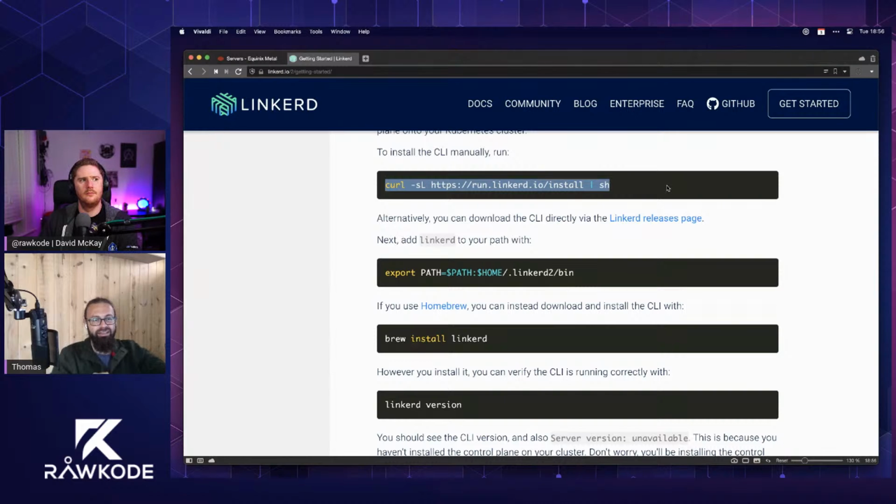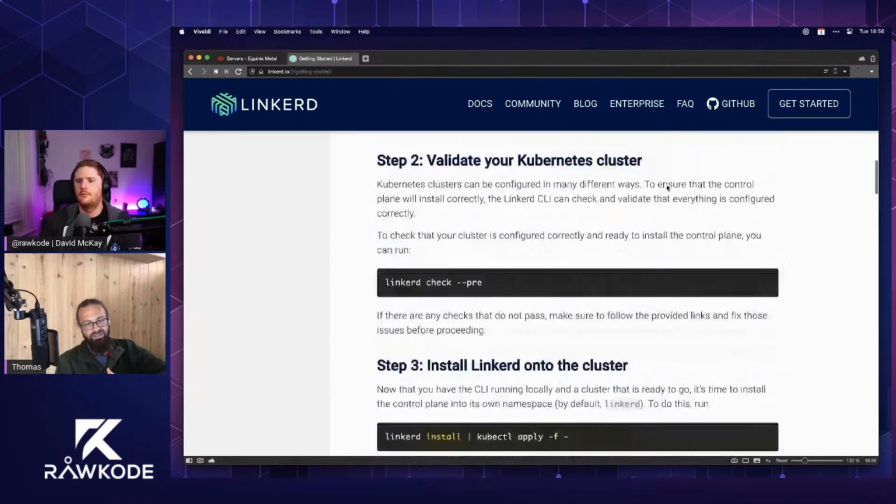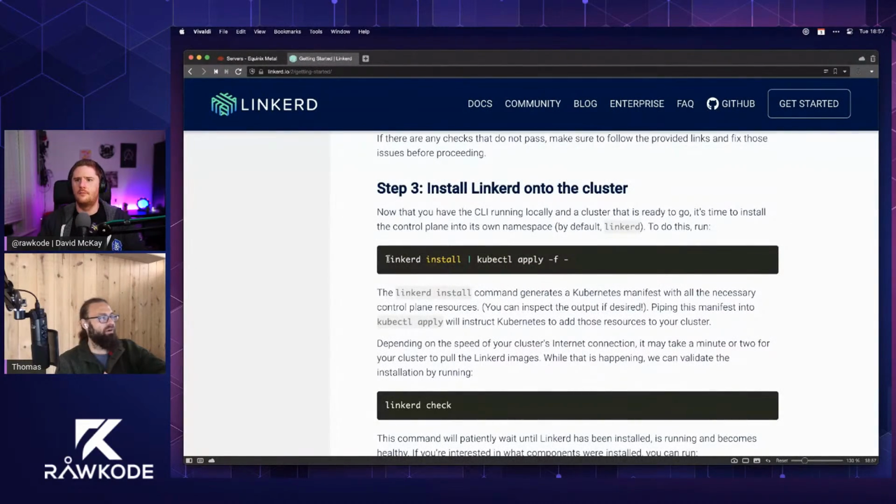The reason for that is that to get multi-cluster up and running, we need to have a common trust anchor. The trust anchor is how we do authentication, so that randos can't be requesting services inside your cluster. And so actually what you're going to want to do is